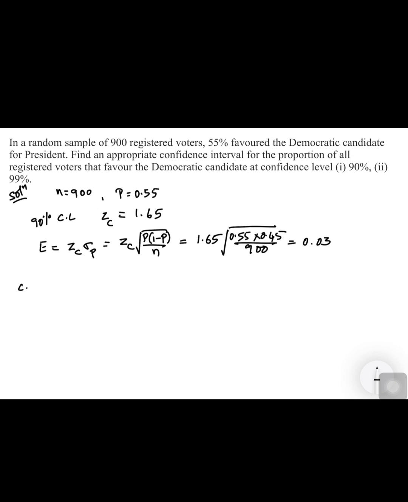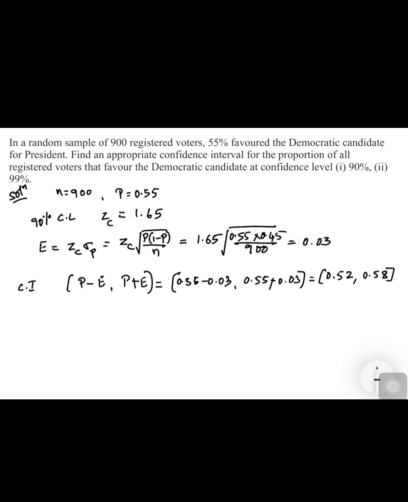So the confidence interval at 90% would be equal to P minus E, P plus E, which would be equal to 0.55 minus 0.03, 0.55 plus 0.03,